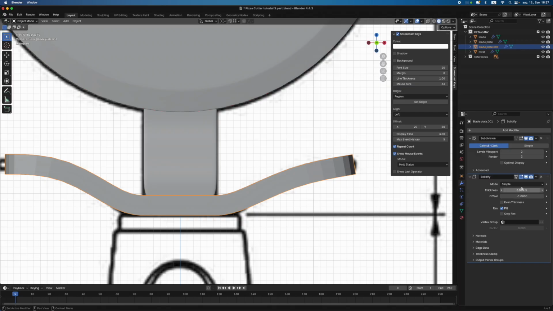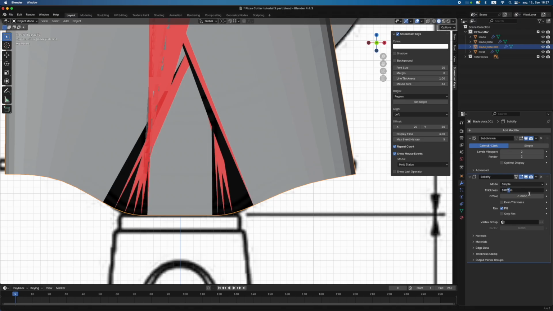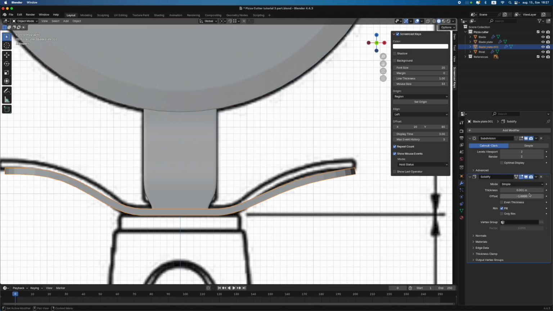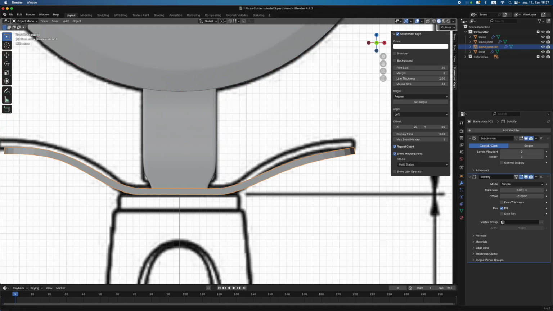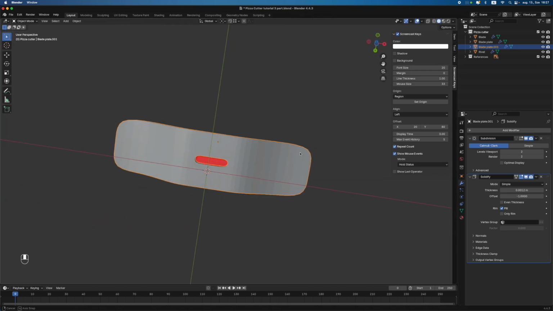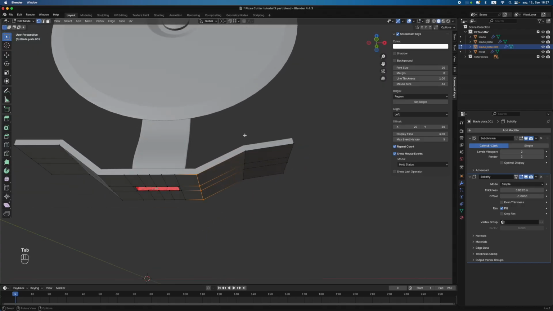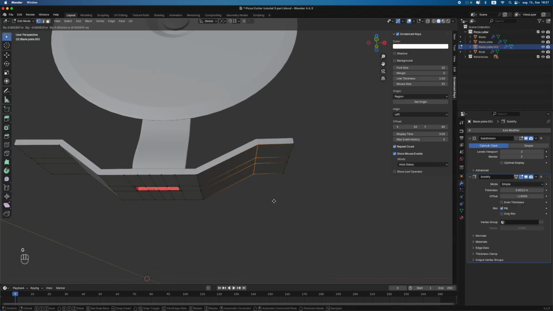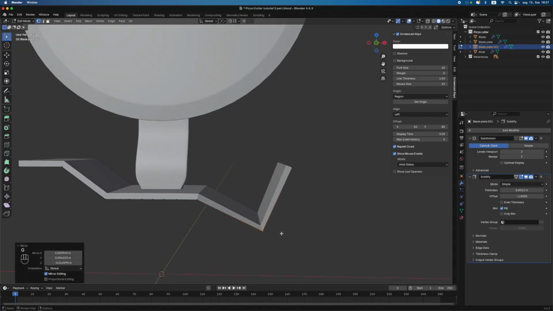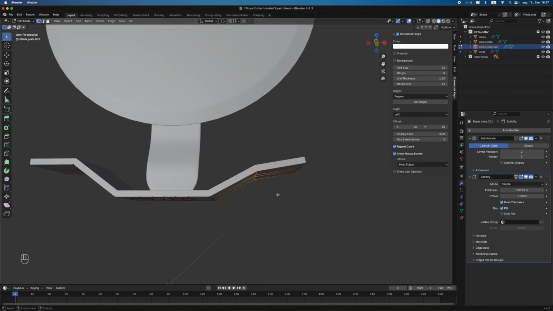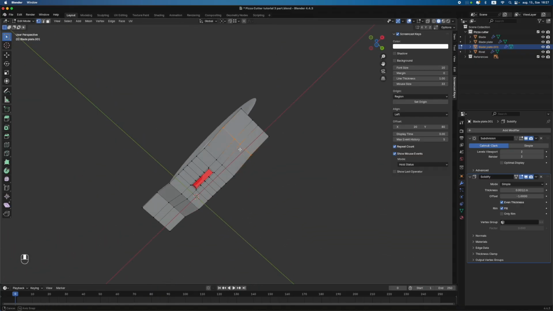Of course it jumps too fast even if I hold shift, so I just type in 0.01 or maybe 0.012, and then we can work with only these vertices, and it will apply the scale here. I also want to check in even thickness. Now what we can do is